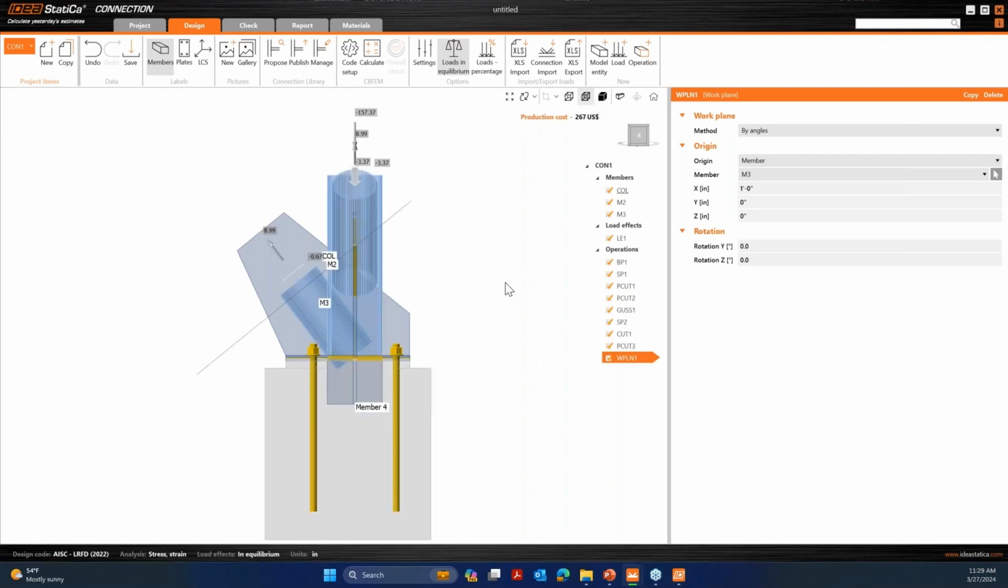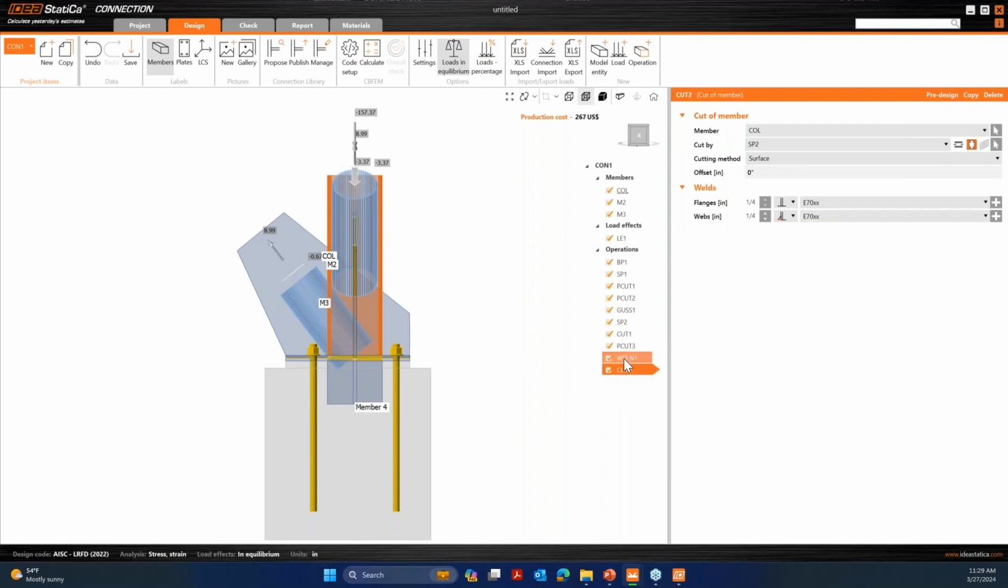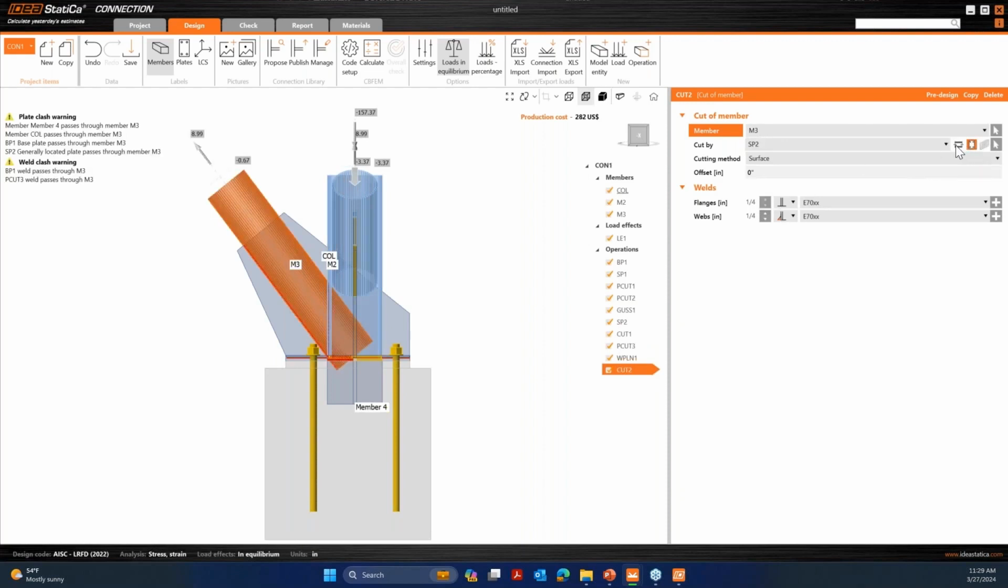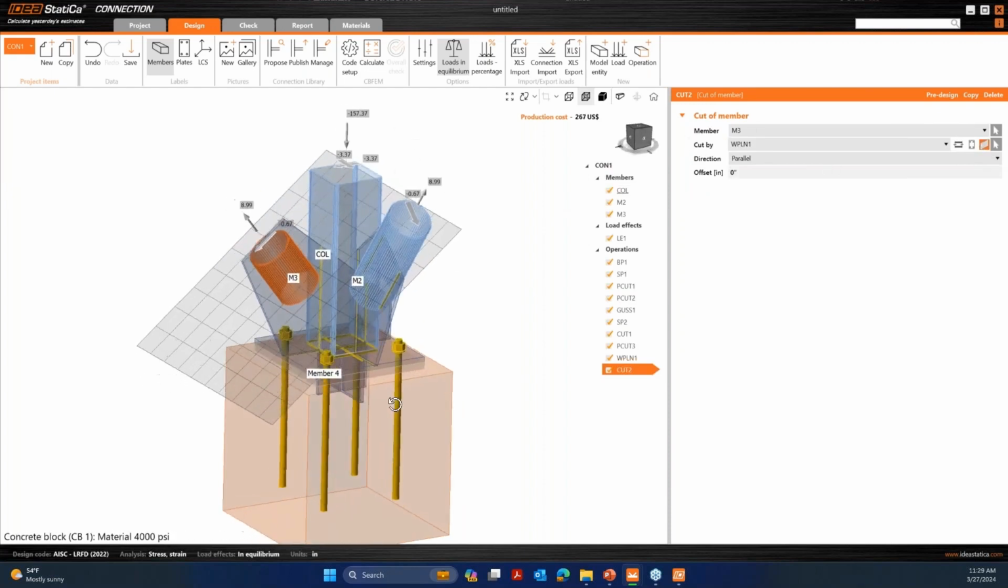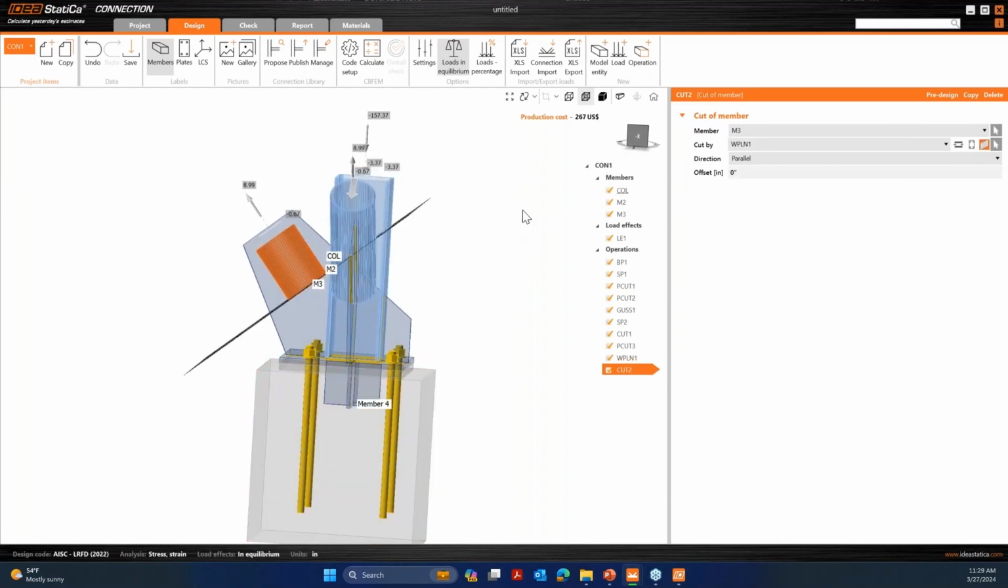Now with this, what we can use the working plane with is a cut. So here we'll introduce a cut of member. This cut basically will be cutting the new bracing member M3. And now instead of using a member or a plate, we can also use a working plane. With this, we have created the first initial cut that we need for that member